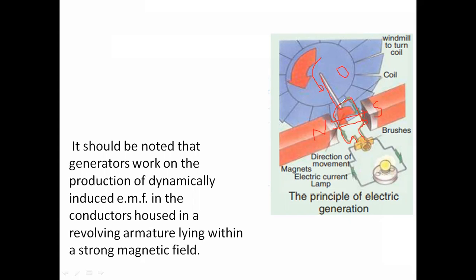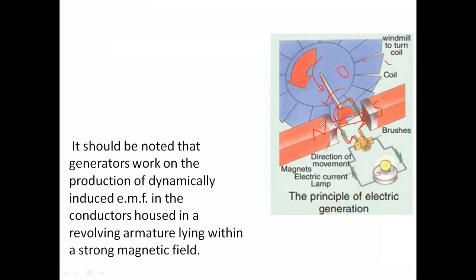Here the cutting of the conductor is done by connecting a windmill. We are not rotating the coil ourselves; it is rotated by a shaft, and the shaft is connected to a windmill. Whenever the air comes, this windmill will rotate, and due to that, this coil will also rotate in that direction. Then this coil will cut the magnetic field.